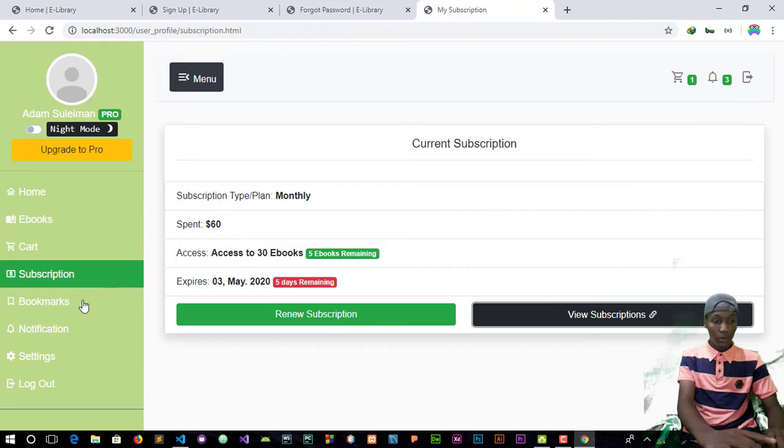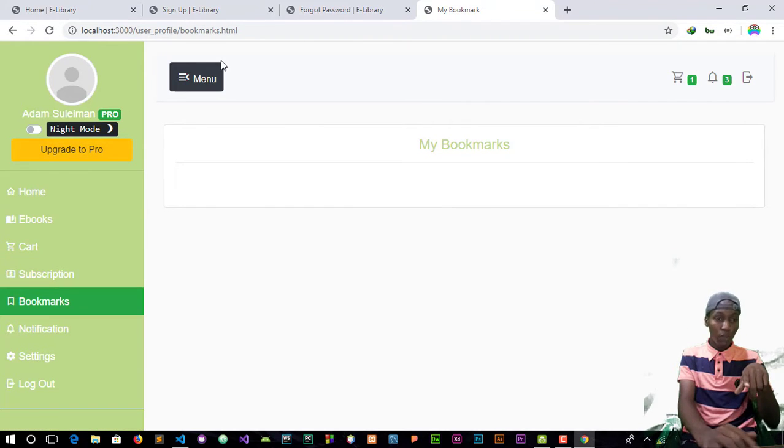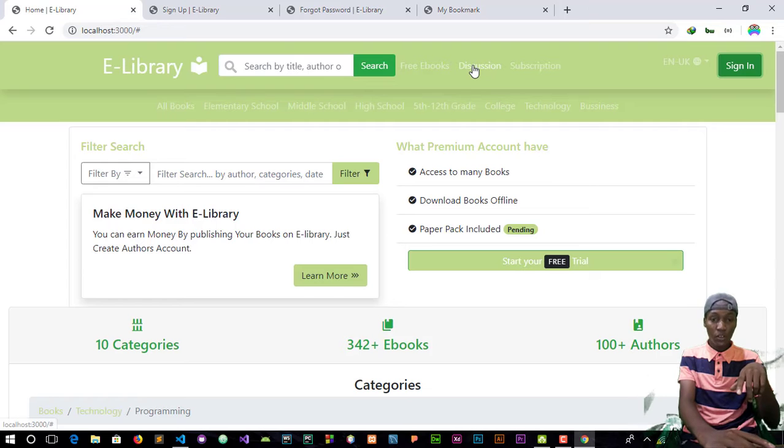I've showed this before. So now let's say bookmarks. I'm not going to create this bookmark for now. Why? Because we don't have the discussion stop on the website for now. Let's finish with the basic.